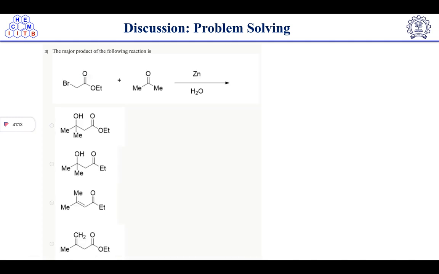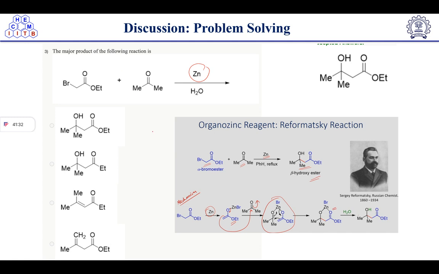The next question is the major product of the following reaction. So here we have zinc, right? Metal zinc insertion will take place. First of all, where will the zinc insertion take place here? Oxidative addition of this bromide will take place. Organozinc reagent is here, right? This is the Reformatsky type of reaction. Reformatsky reaction. So here, zinc insertion. Zinc will chelate with the oxygen atom, and it will form this type of enolate, and then this enolate